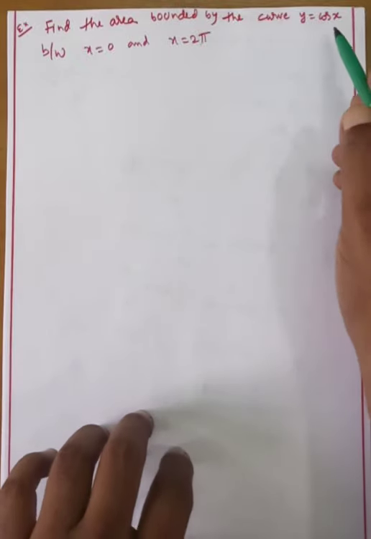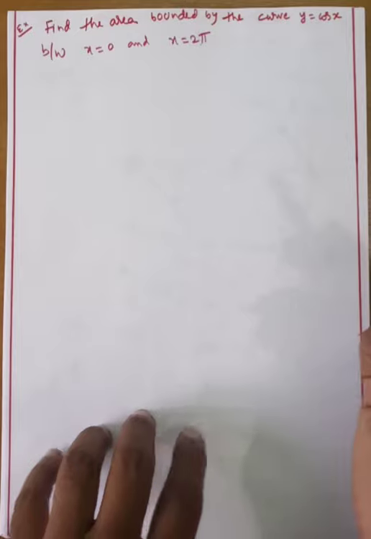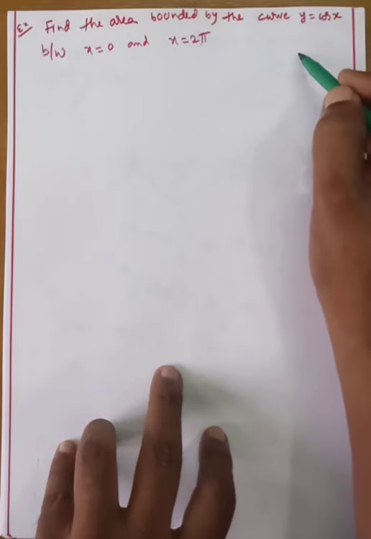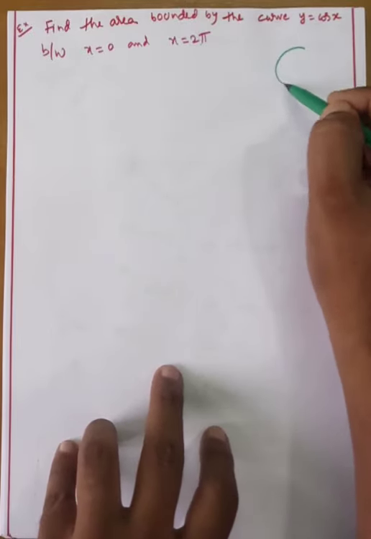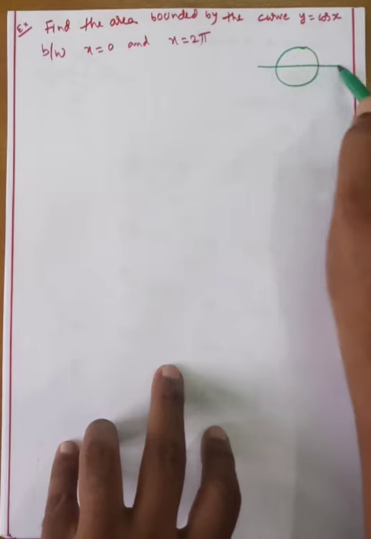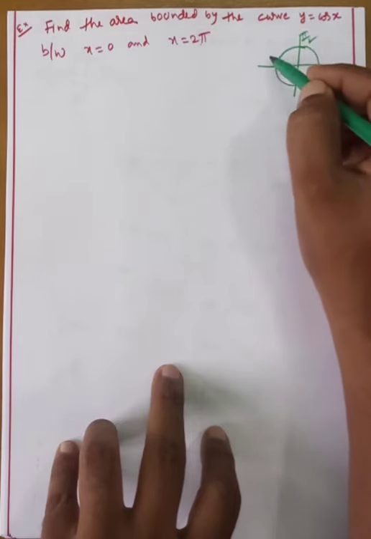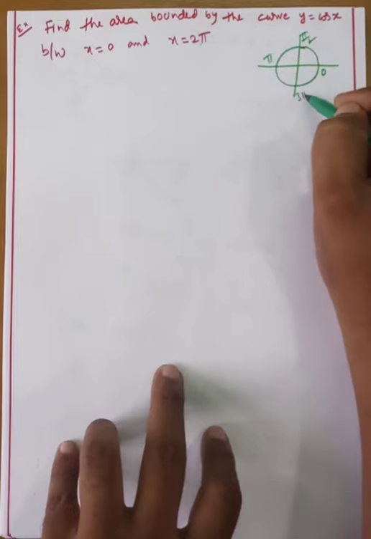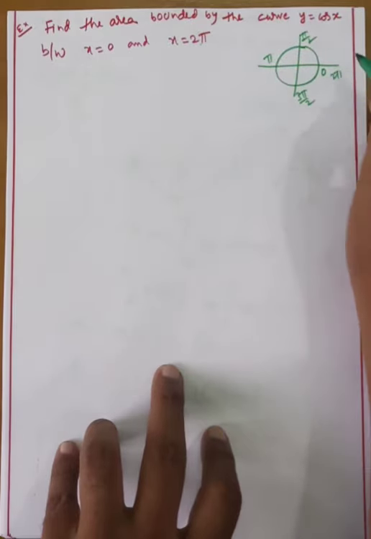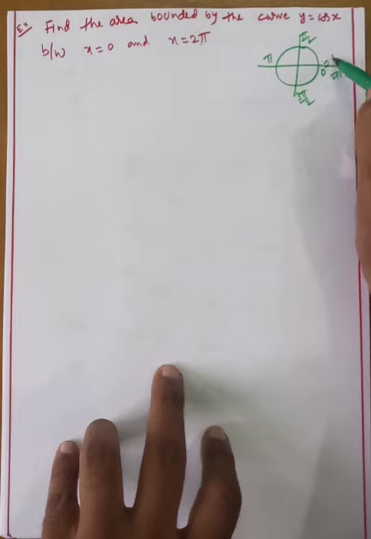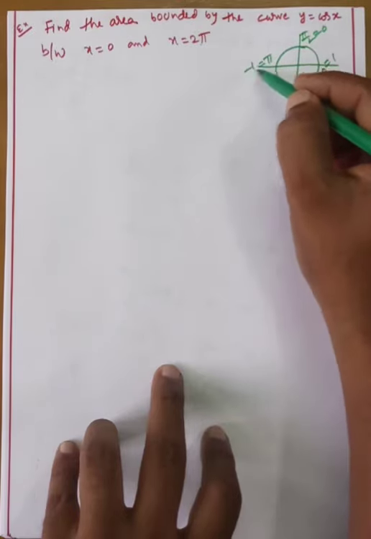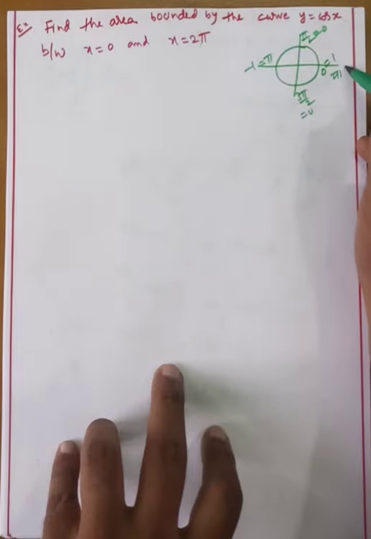Okay, before, we have discussed y is equal to sin x. This is y is equal to cos x. You know the values from 0 to 2 pi? Yes. This is 0 degrees, this is 90 degrees, this is 180 degrees, this is 3 pi by 2, this is 2 pi. These are the quadrant angles. Cos 0 is 1, cos 90 is 0, cos 180 is minus 1, opposite. This is 0, and at 2 pi it is 1.